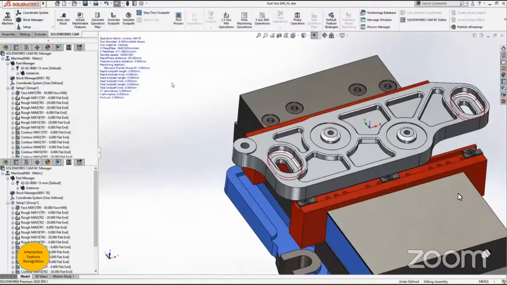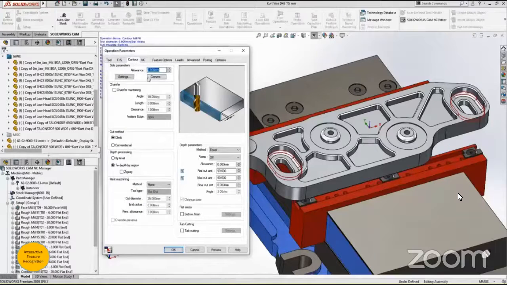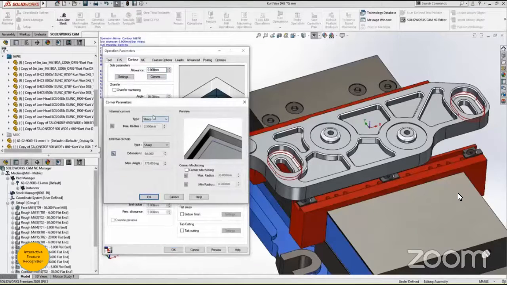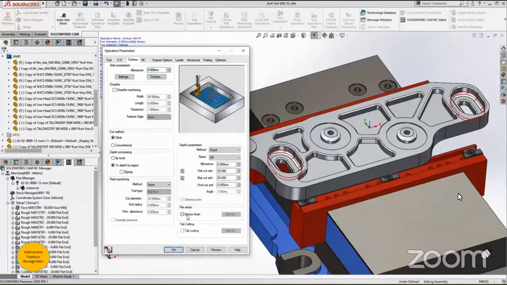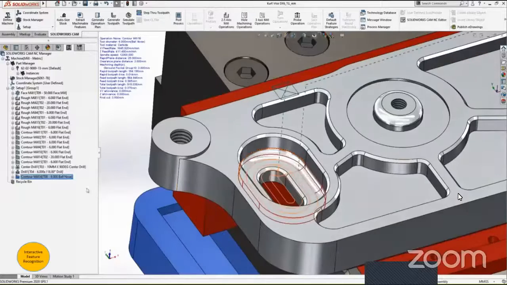Sorry, I mistakenly selected edit definition as well. All right, yeah, sorry, I have to specify the corner. Since it is a corner round fillet, change the radius to 3 mm, and then bottom finish as well to have a good finish. And now generate the tool path. Drag and drop under the contouring section. We can see the tool paths as well. So we will drag and drop and then simulate in the